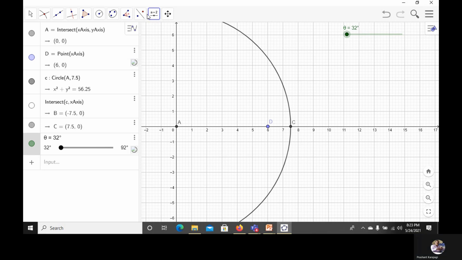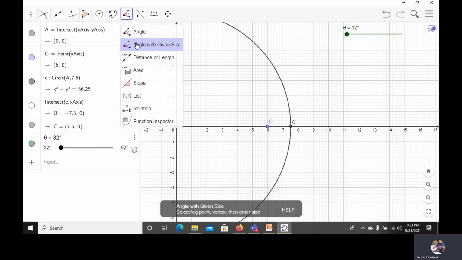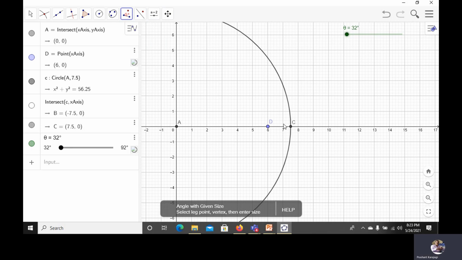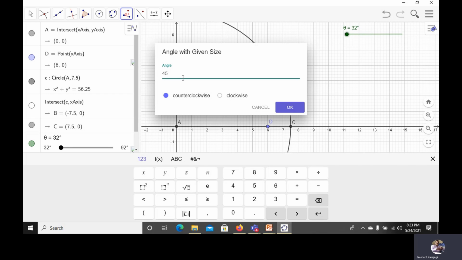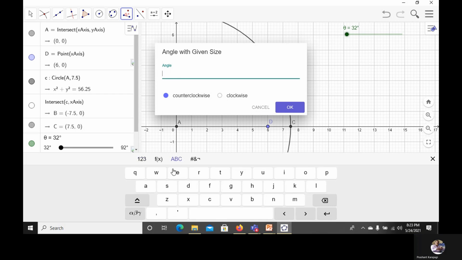Now assign that slider to link AB. Here it is CA now. So first select C and then A, and then assign that variable theta. Okay.